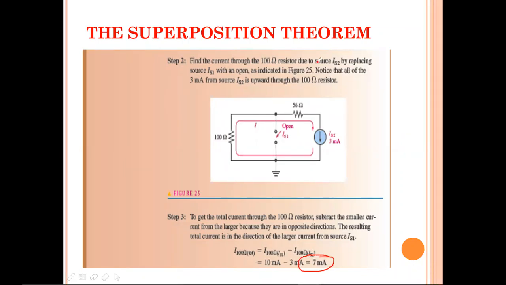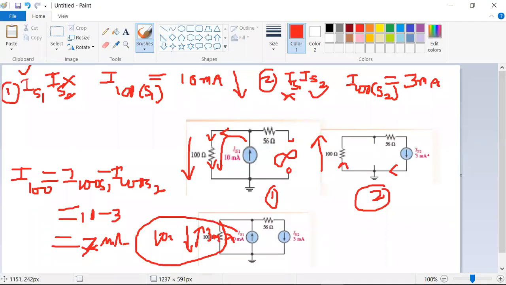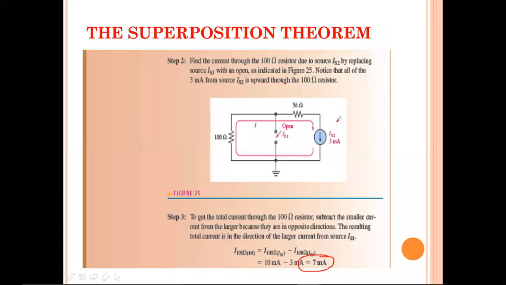In this problem, the important thing is just to observe the circuit. You did not add any steps, just observe the same amps of current you mentioned flowing through the 100 ohms resistor. Here the 10 milliamps current is mentioned downwards, and 3 milliamps you mentioned upwards. The downward and upward directions are important to make the equivalent current which is passing through your required resistors. So the important thing is observation of your circuit, right? So this is about this problem.